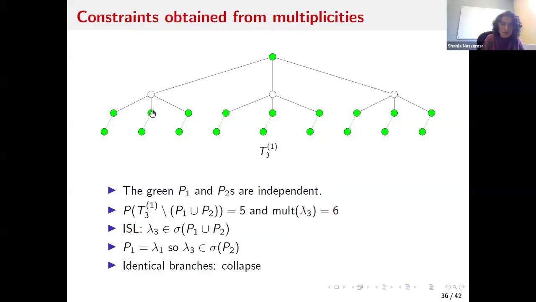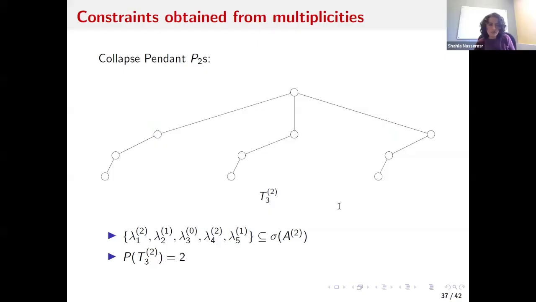So at this point, about the hanging P2s, we know that the leaf vertices have lambda 1s in them, and moreover, the P2s have 2 eigenvalues, lambda 2 and lambda 3. So they're uniquely determined. They have no choice at this point. Everything is known about them. And that means all of them are the same, so we can do the collapsing. So once we do collapsing, we get to this graph, which, as you see, the multiplicities are changing because of